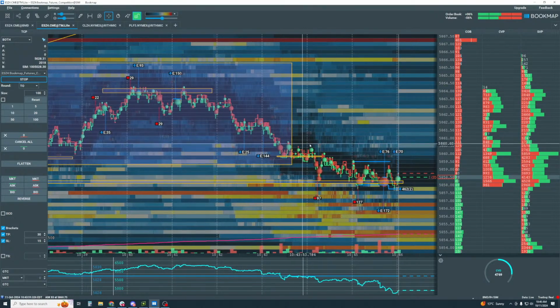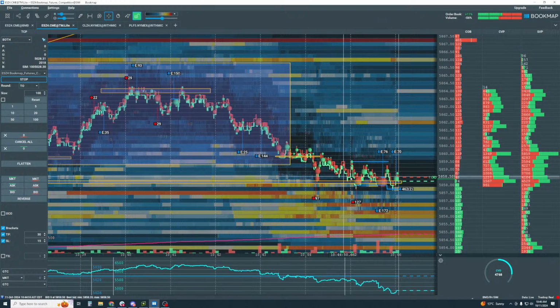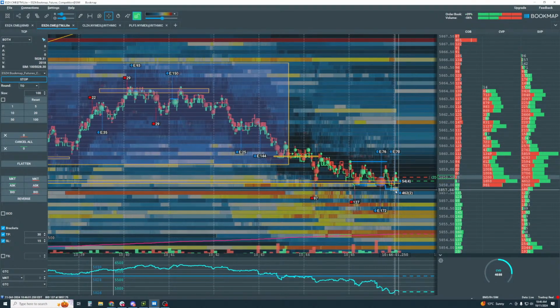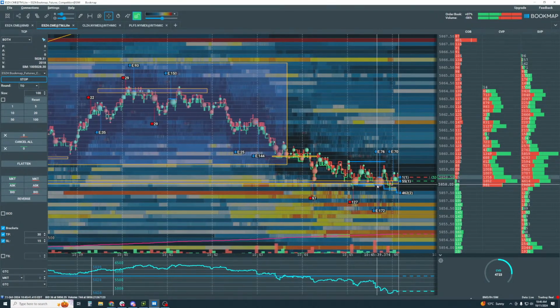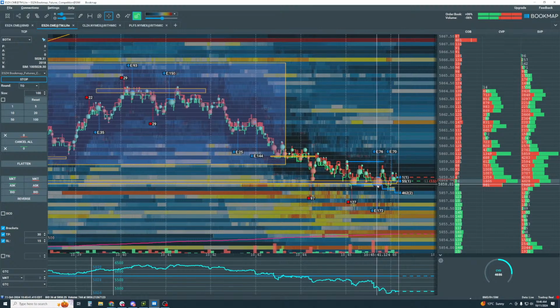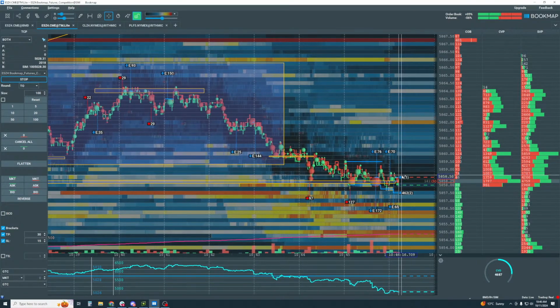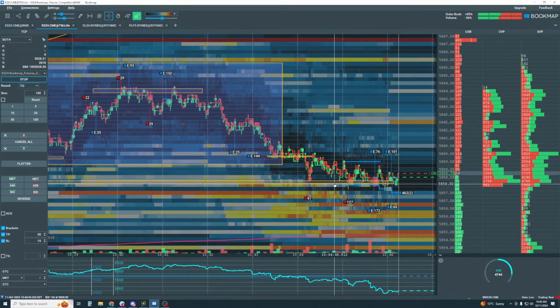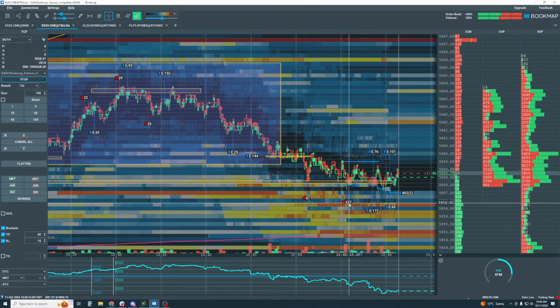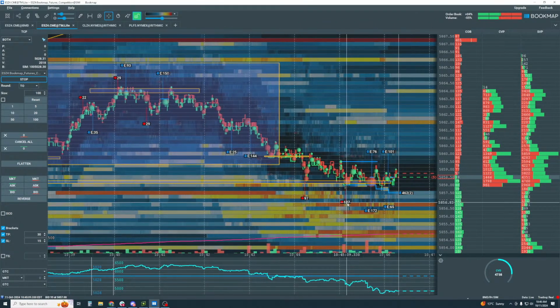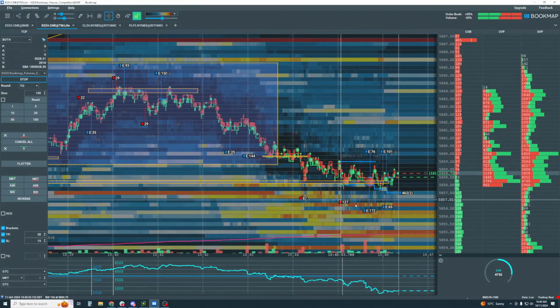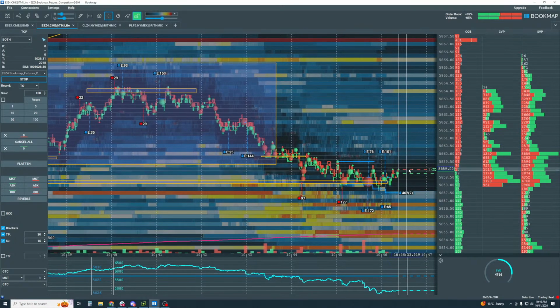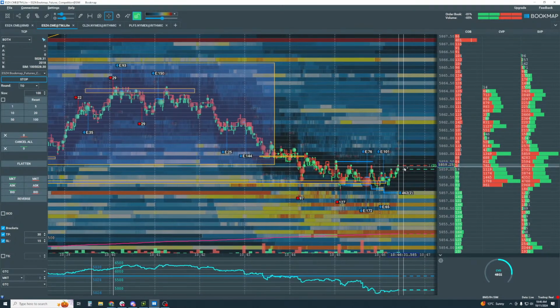So DNT, these areas in here, we're looking at absorption, right? Trading into high liquidity. Now we're looking for, can we get our aggressors to come in to complement this? Because we have buyers here on the bid, we have other traders getting stopped out. That seems to be driving some of the price action lower. Now we're looking for our buyers here. All right, here they go.